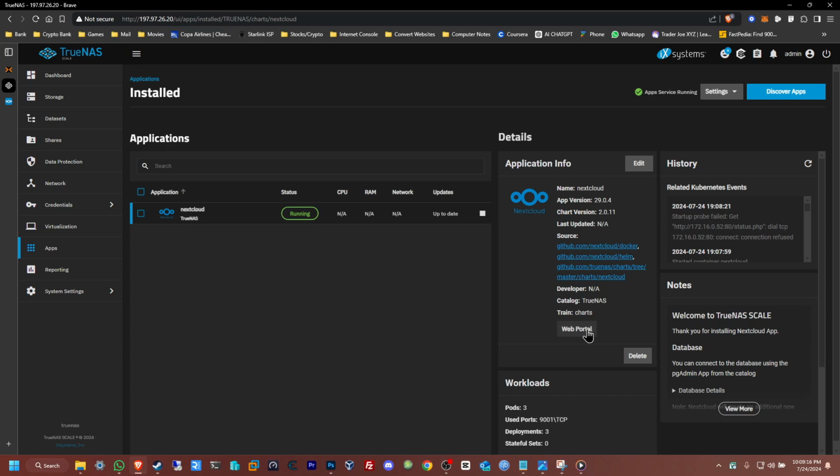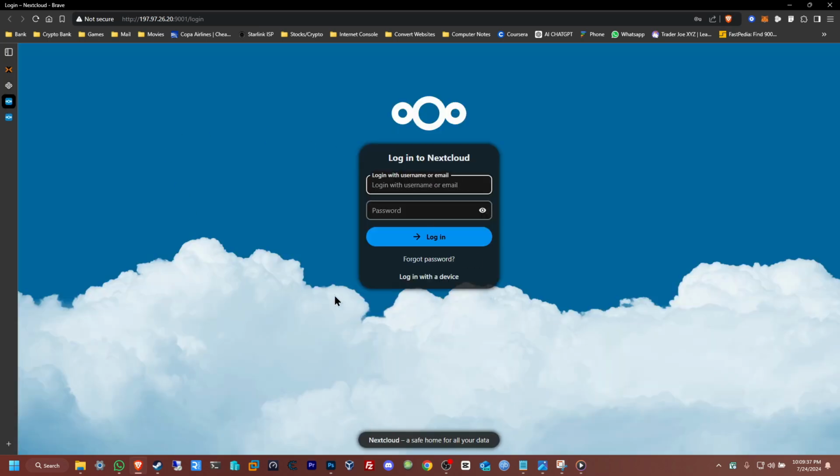If we click web portal, or you can just put in the IP address. In this case, for the TrueNAS, just put 197.97.26.20 in my case, then a colon and the port number shown here, 9001. Or just click web portal and it will launch you to the web portal. Now all we need to do here is put in the email that we used in the configuration and the password, and you should be able to log in automatically with no issues. So I'm just going to go ahead and log in,